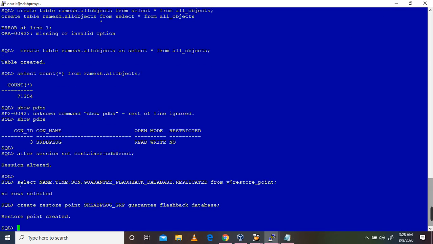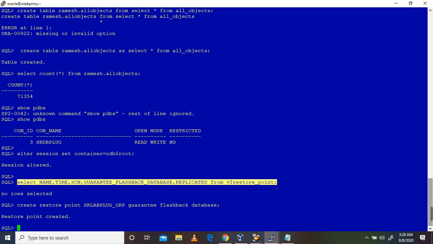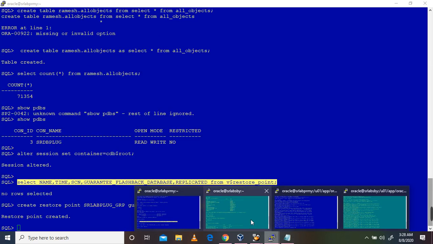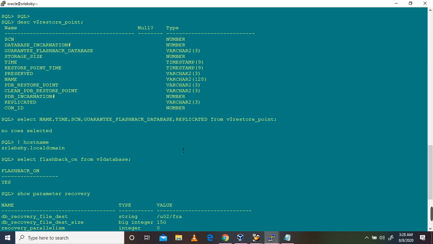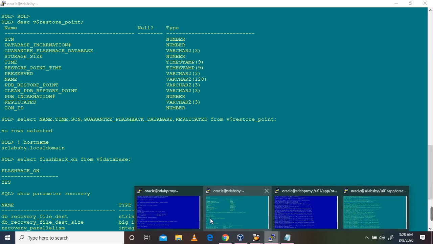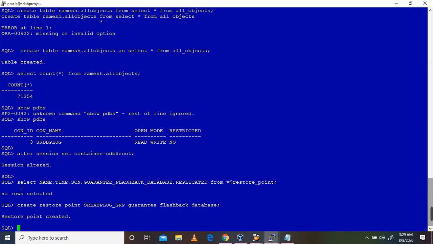So now you can check. Earlier I checked on the standby side, there was no restore point. Now we have created that restore point on the primary side. You can check.